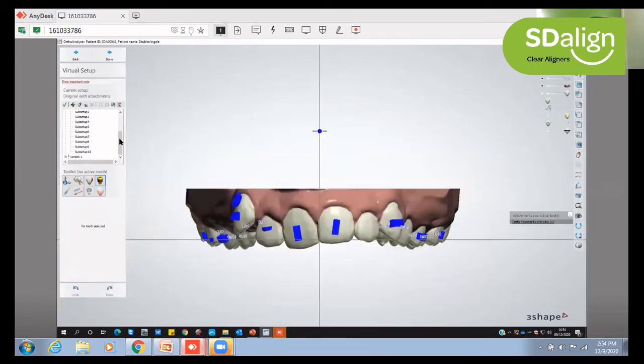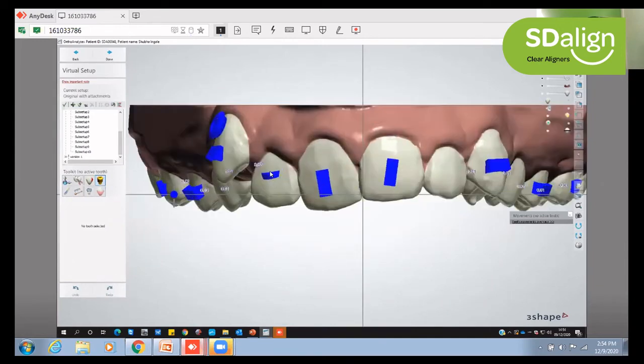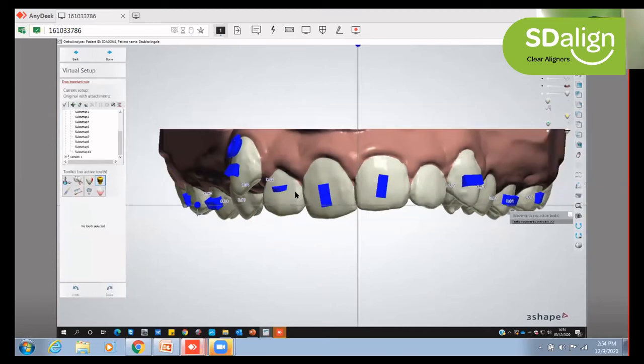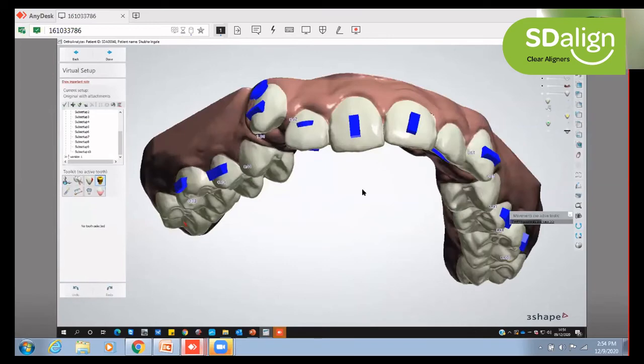Power ridge is nothing but a pressure zone or a pressure point we create to exert that point force on the tooth. So that is what we can do whenever you want to express a little bit of torque. So we will help you with that in all possible forms, in all possible shapes according to the requirement.